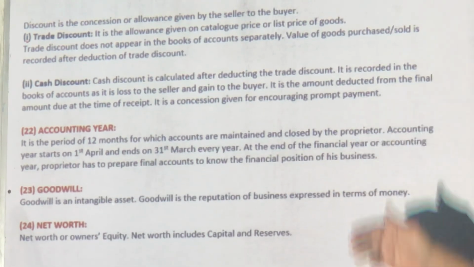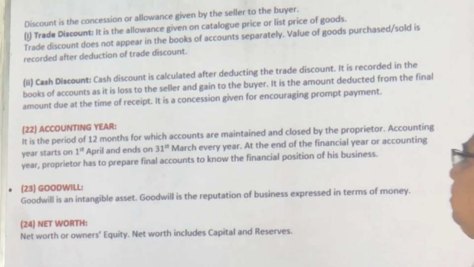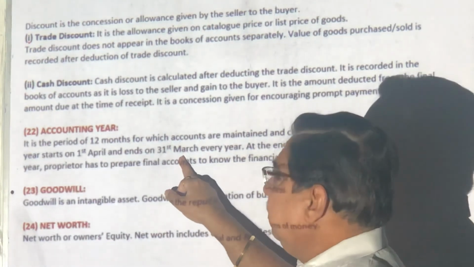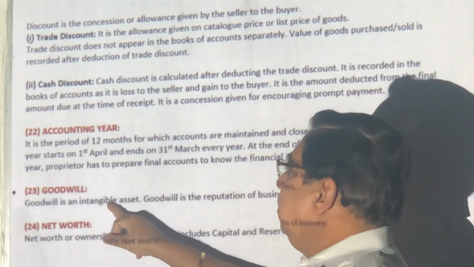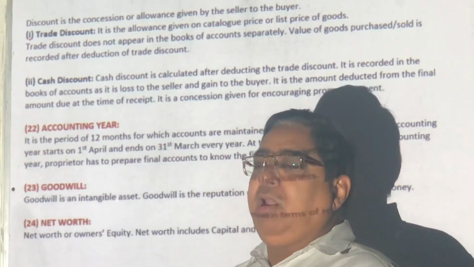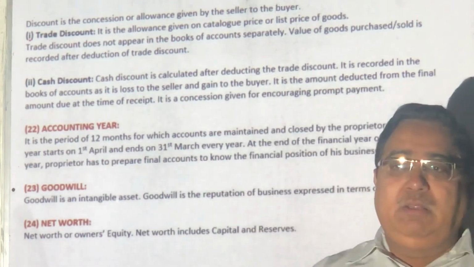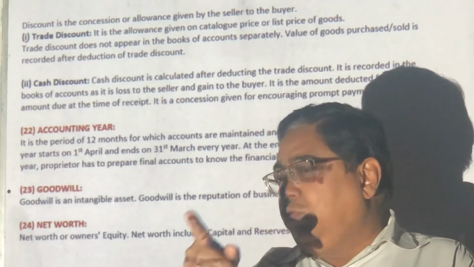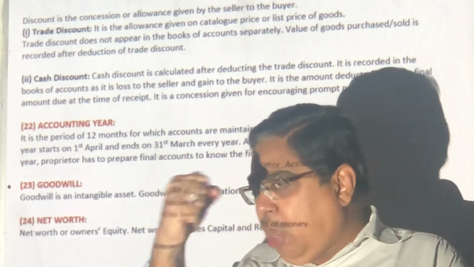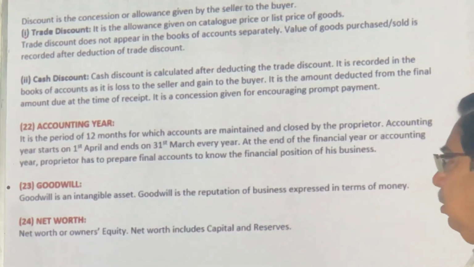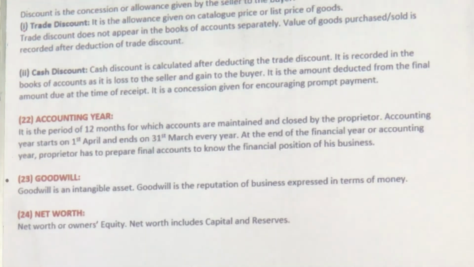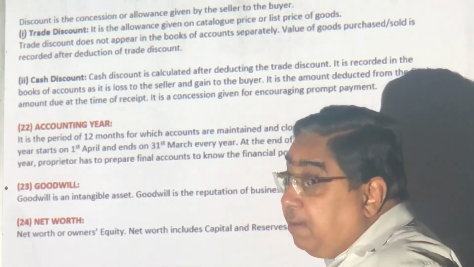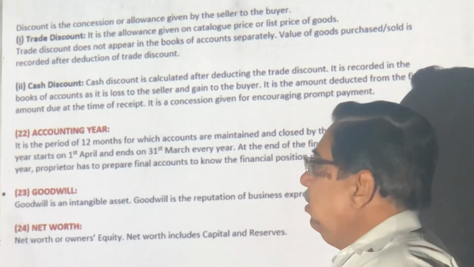Extra benefit. Accounting year is normally 12 months, and our books of account run from 1st April to 31st March. Goodwill is the name you have: Colgate, Bata, McDonald's. That is your goodwill. If I open a jumbo vada pav shop and there is a McDonald's, you will first go to McDonald's. Why? Goodwill. Domino's Pizza, that's your reputation. Otherwise you have to buy reputation. Many companies buy other companies.